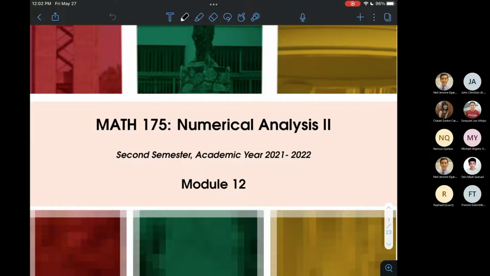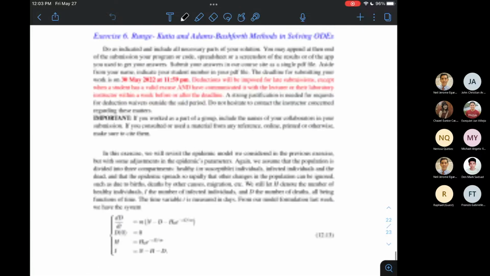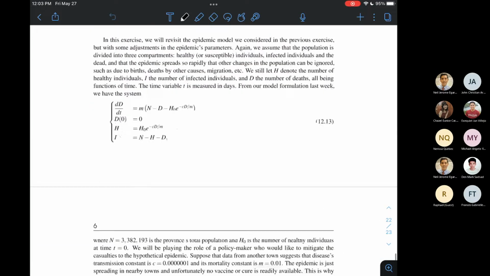But before going there, just a couple of announcements. I already uploaded an updated module 12. So in the last 2 pages of the module, you will see the last exercise for the course. This is exercise 6, and it's going to be about the Runge-Kutta and the Adams-Bashforth methods. So here in this lab exercise, we'll just be going back to the epidemic model that we considered last semester,